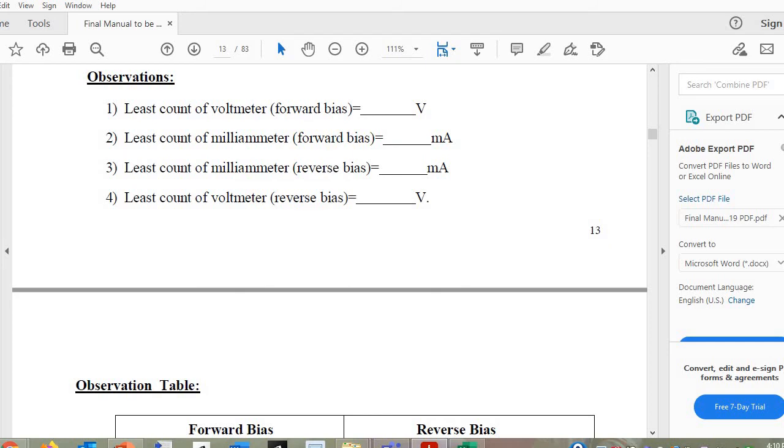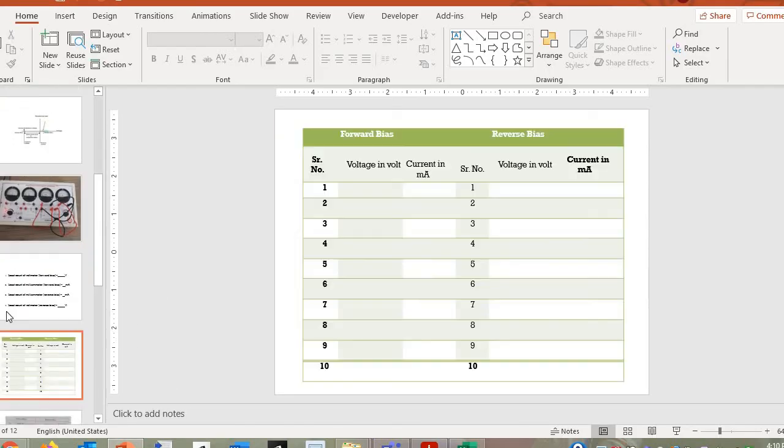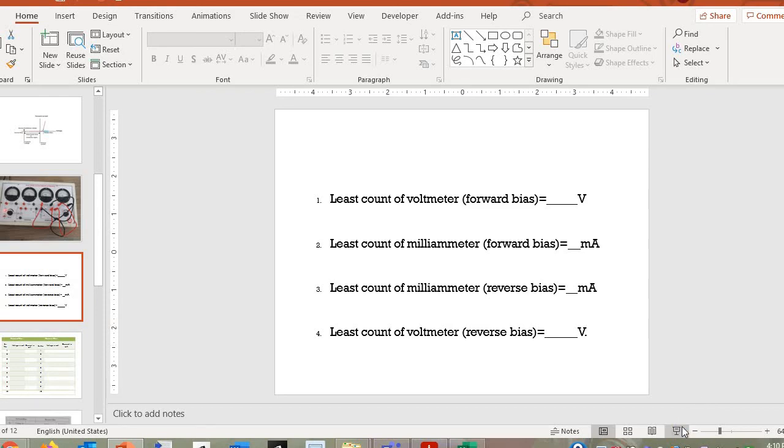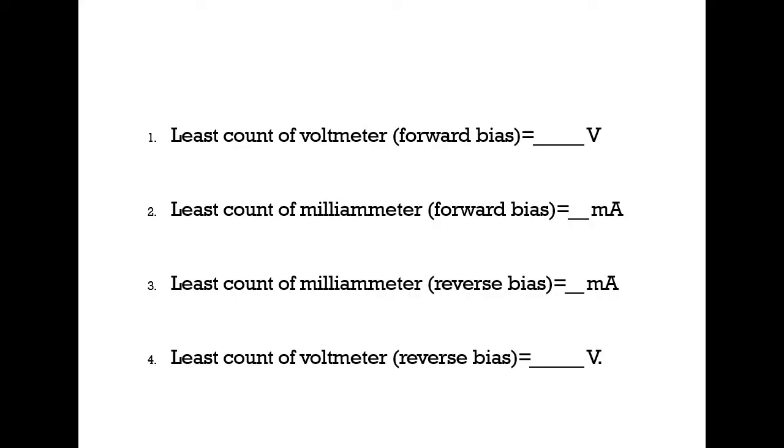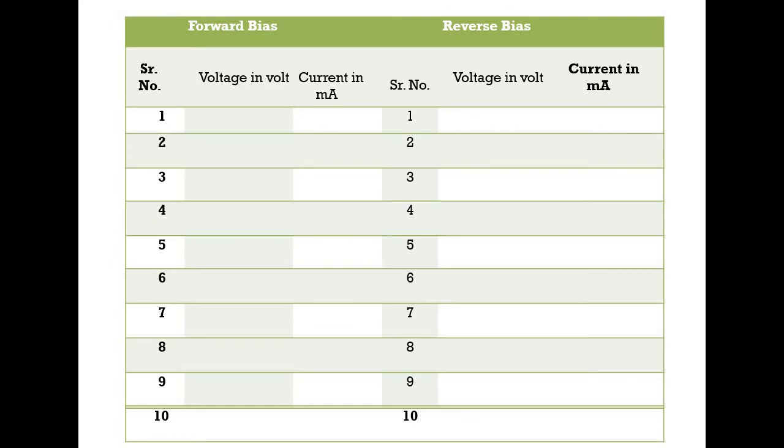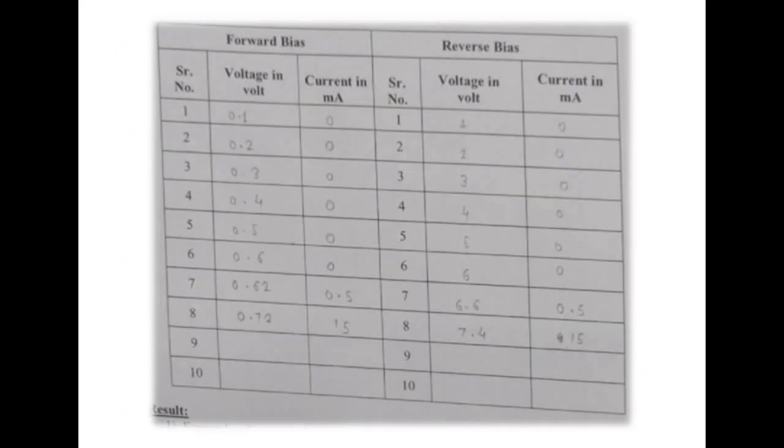So these are the observations. Now with respect to this particular practical, we have covered one point, that is the observation related point. Next to that, of course, there is the observation table, and as you are not having the apparatus in your hand, and the same is true for me, I'll give you the readings with respect to the Zener diode characteristics. The readings are displayed on the screen. You can take screenshots, and I will tell you what to do after that. Okay, first take the screenshot so that you can complete the next work.